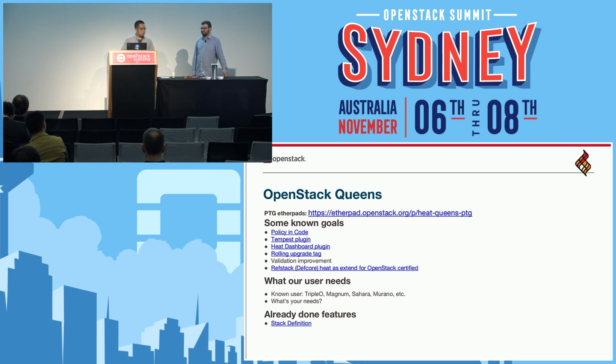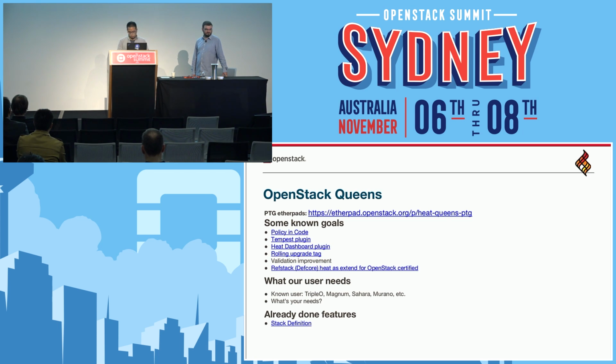And also Heat has the honor of being a new extension of the OpenStack certification. In the new certification of the OpenStack project, the Orchestration stack, Heat is now considered, beginning early next year, as something you have to have to get the OpenStack certification tag. Of course, it's the extended tag.